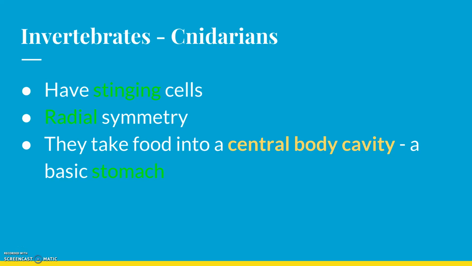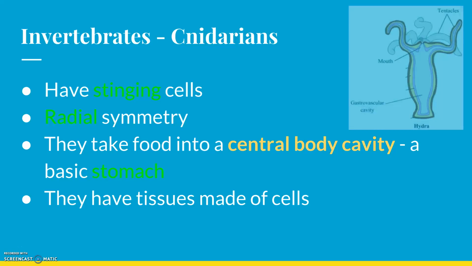So the fish will get dissolved, it will start to break down, and then eventually the fish's skeleton will get pooped back out. They do have tissues made up of cells. So unlike porifera, these guys do have some tissue. So what you're seeing here is a jellyfish before it actually turns into a jellyfish. So this is a baby jellyfish, kind of. Okay, so you can see the different colors here represent different things. It probably has some muscle,